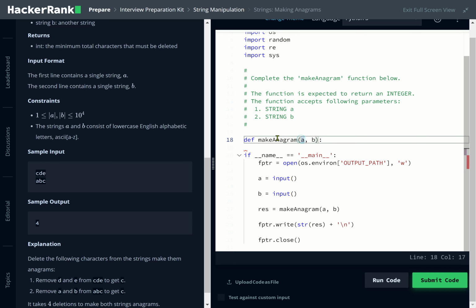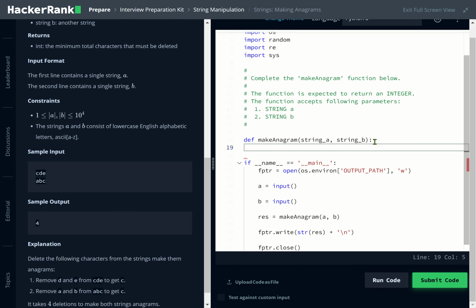Okay, makeAnagram with parameters a and b. I think I'll try to change these parameter names to declarative names, for example, this one to string A, and this one to be string B. So we are having string A and B, and now the next thing we need to do,